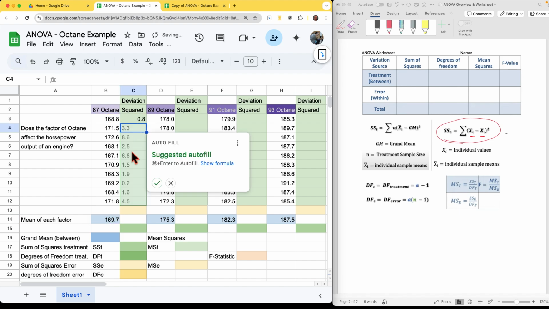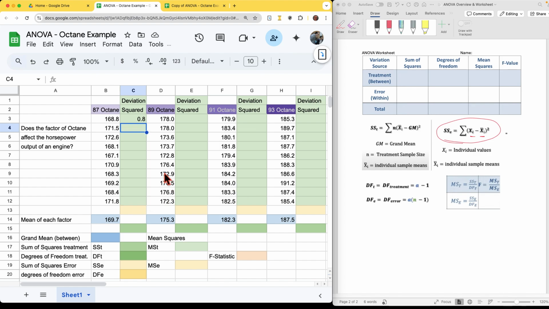And now the suggested fill, we could accept that. You're going to see that it's actually correct. They were right. I'm going to delete it because I want to show you the other way. What we can do is we can copy this cell down,